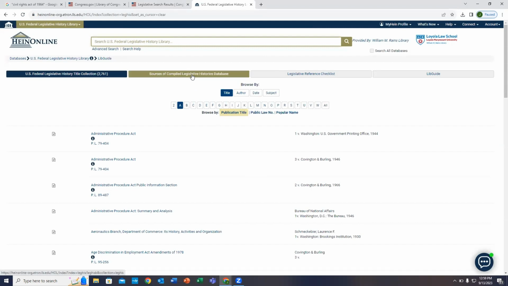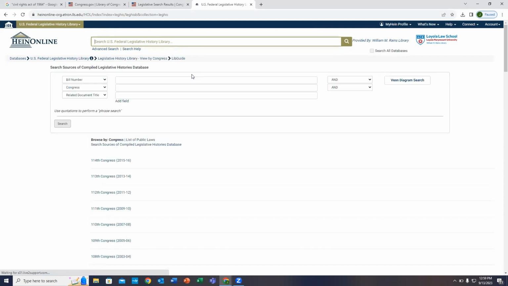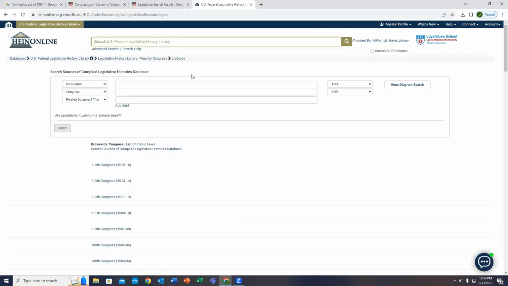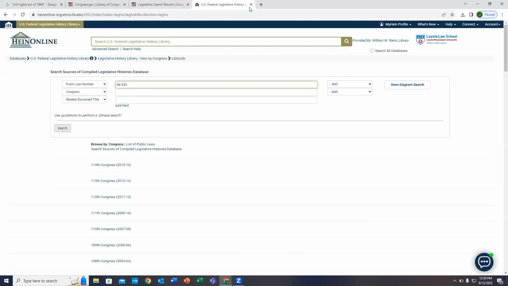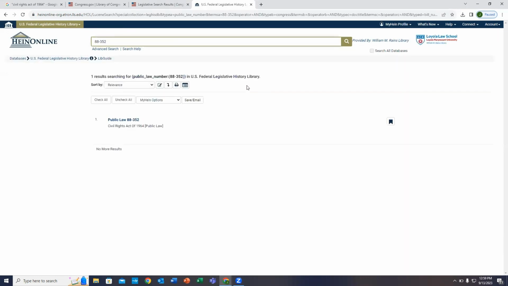And the best place to find the breadth of what HeinOnline has is in this Sources of Compiled Legislative Histories database. It's got a number of really great ways to search, including the public law number, or the popular name of the law. We know that the Civil Rights Act of 1964 was public law number 88-352. We found that before when we were Googling. And if we look for public law number 88-352 in this legislative history database,